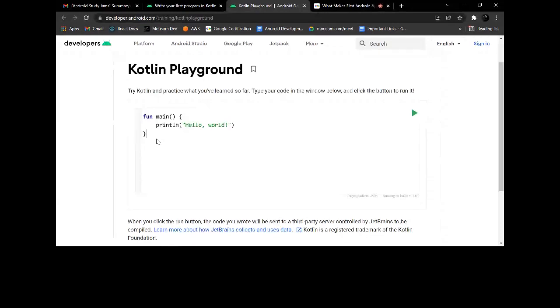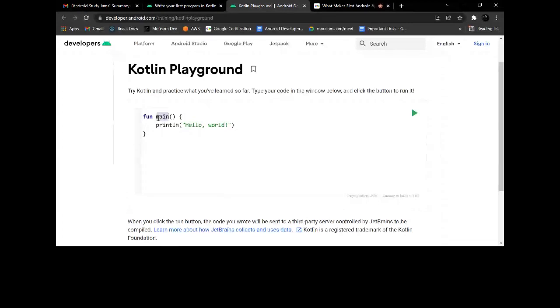Here you can see there is a keyword fun. This means it's a function. What does a function mean? A function means there is some kind of task which has to be performed by the computer. This function name is called main.